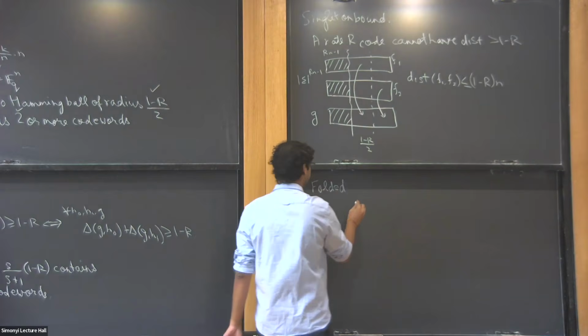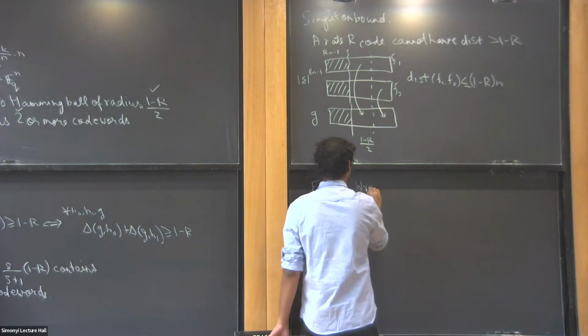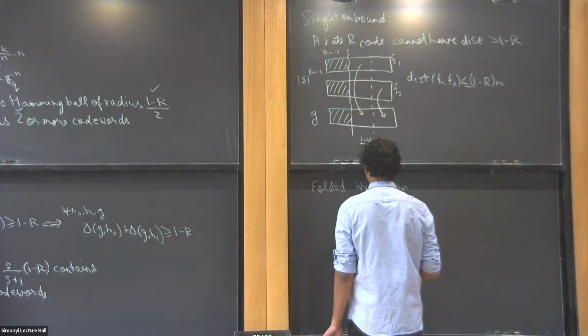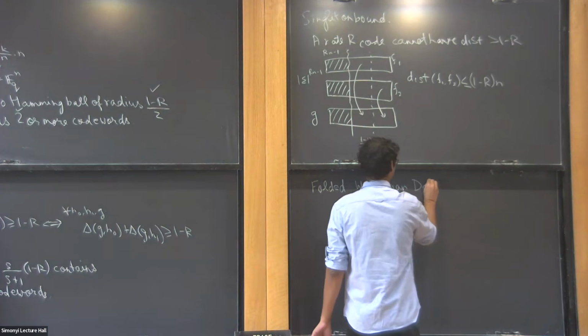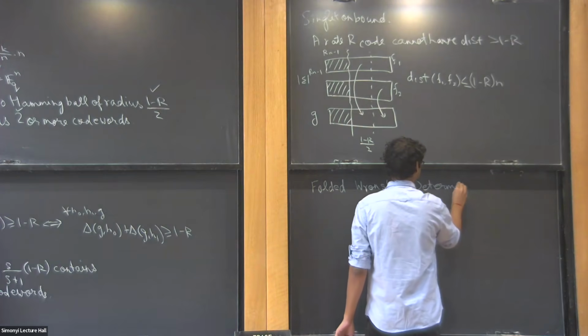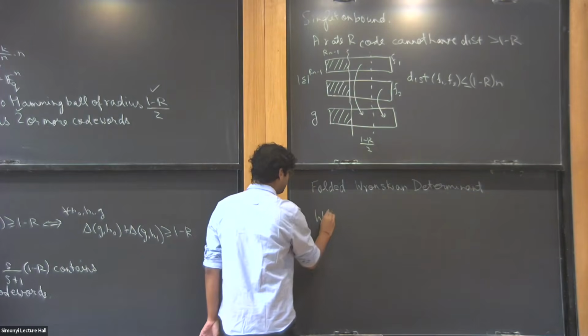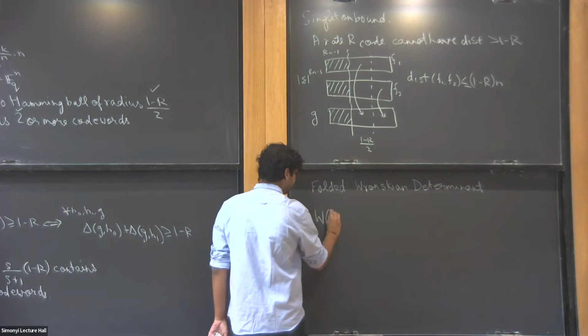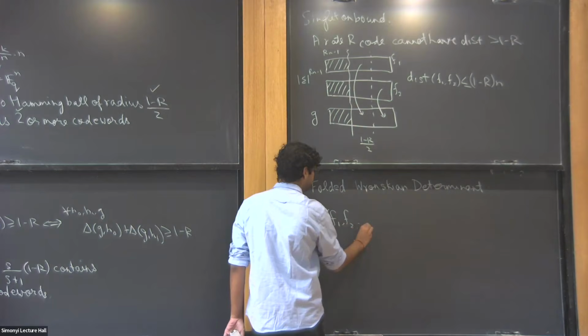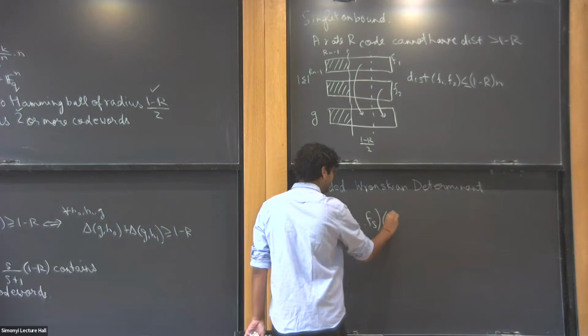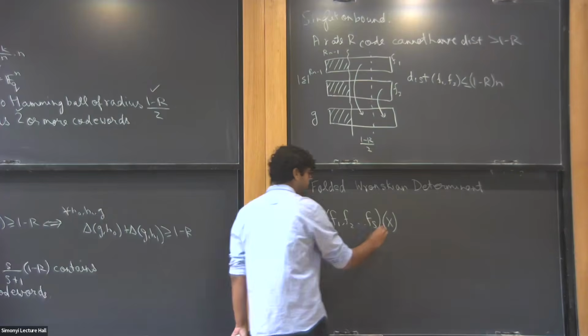And the key tool that we are going to use is something called the Wronskian determinant, or a folded version of this. So if I have S polynomials, F1, F2, these are all univariate polynomials, then the Wronskian determinant is also a polynomial that is given by